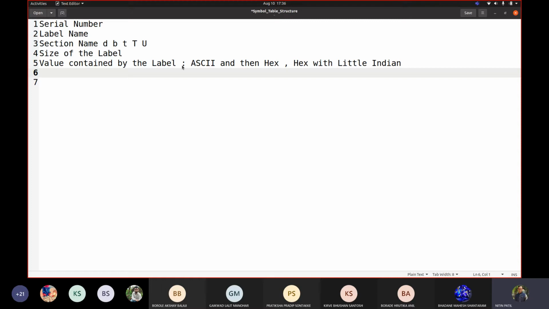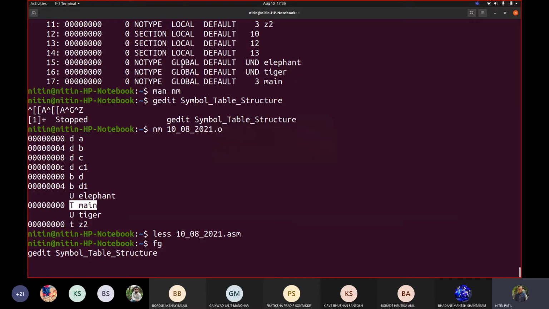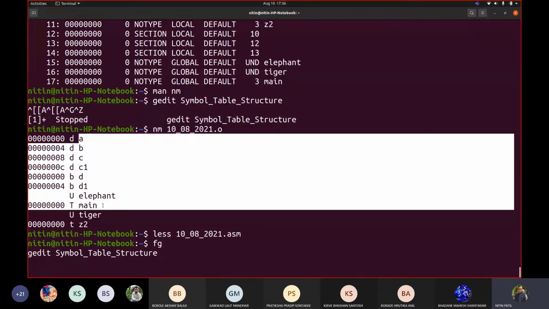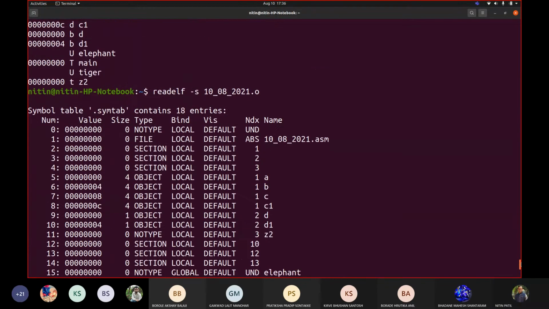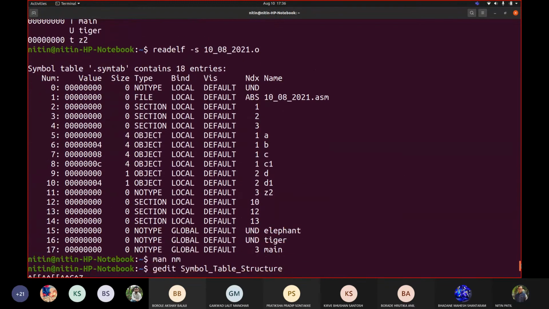Now you may see, while we displayed the output of nm, it sorted this. Whether nm is sorting or it is stored in that order only. If I see this output of readelf, is there any consistency there? It says ABC, C1, D1, Z2. Then it took this undefined stuff and then main.